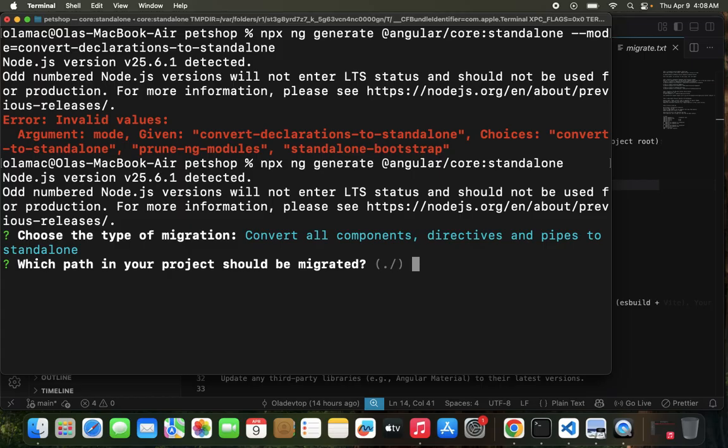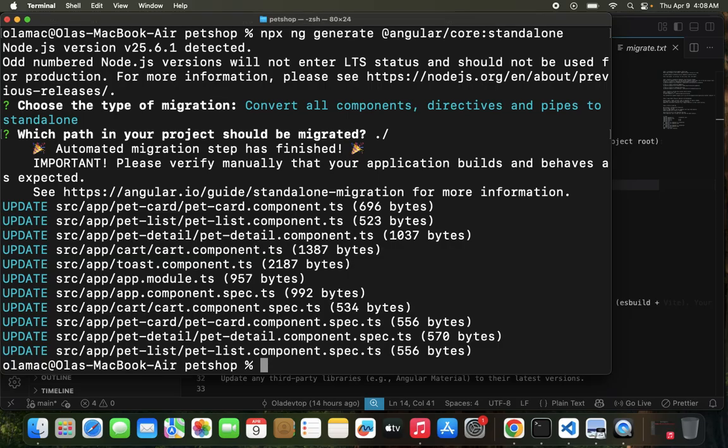I think I'm just going to press enter. Okay. Automated migration step has finished. Please verify manually that your application builds and behaves as expected. Okay, so we're done with